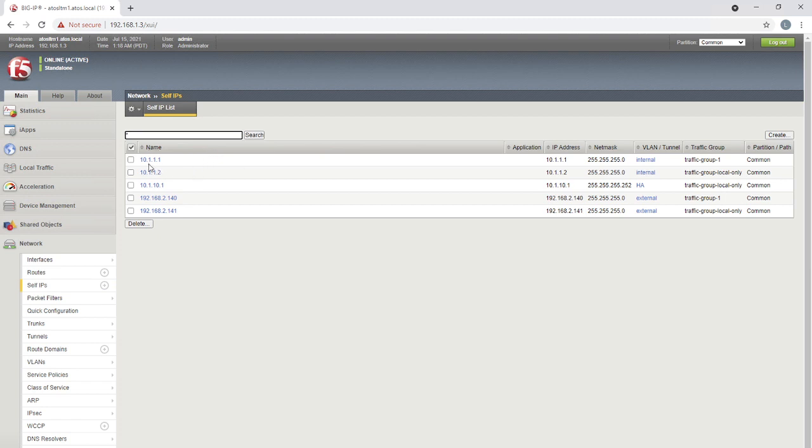You can see that 10.1.1.1 and 10.1.1.2 have both been associated with the internal VLAN. Which interface is associated with the internal VLAN? That is 1.1. For the external VLAN, we have 1.2 associated to it. For the HA VLAN, we have associated 1.3. By default, the 0 interface is associated with the management part of it. So that's how we work on it.